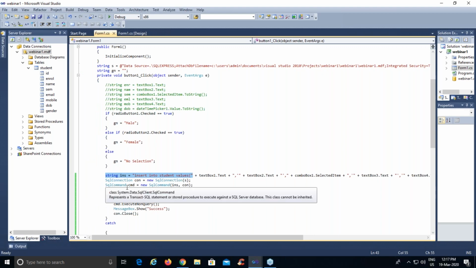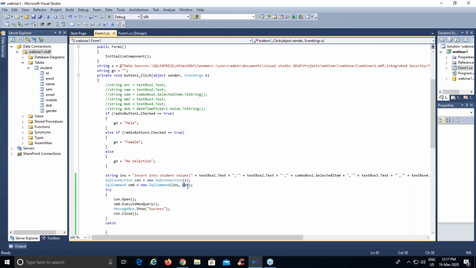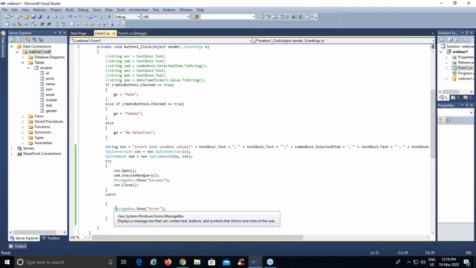We have created a command class in which we have passed a query as well as the connection. Then in the try part, we have tried to open the connection. Then we tried to execute this query. If this query is executed, we print a box or a pop-up, a success message, and close this connection. If there is any error in executing this query, we pop up error message and we close the connection, right?